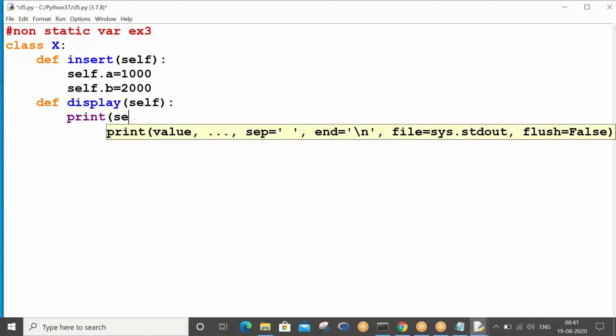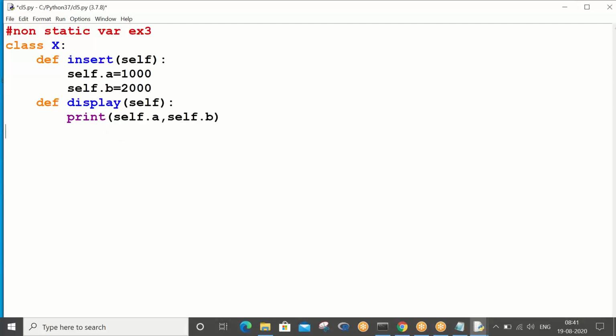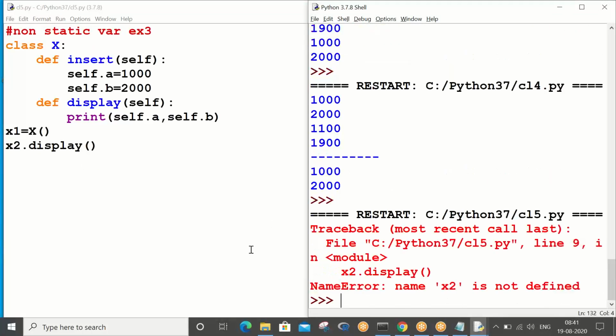Correct? Self dot a, self dot b, right? So x1 is equal to x, right? So if you call x1 dot display straight away, it will give an error. Why? Nothing is there in the object.